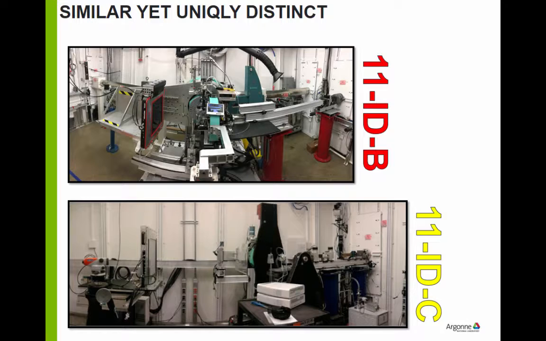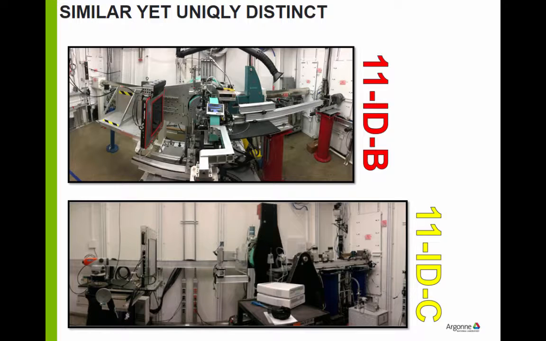I'm gonna start with the B station, which I mentioned is the PDF dedicated beam line. And what comes with this is the fact that this 2D detector usually sits very close to the sample to take advantage of the high Q range of data we can achieve. What that means is a very tight space here in the sample area. The strength of the B station, however, and how we overcome the challenge, is we